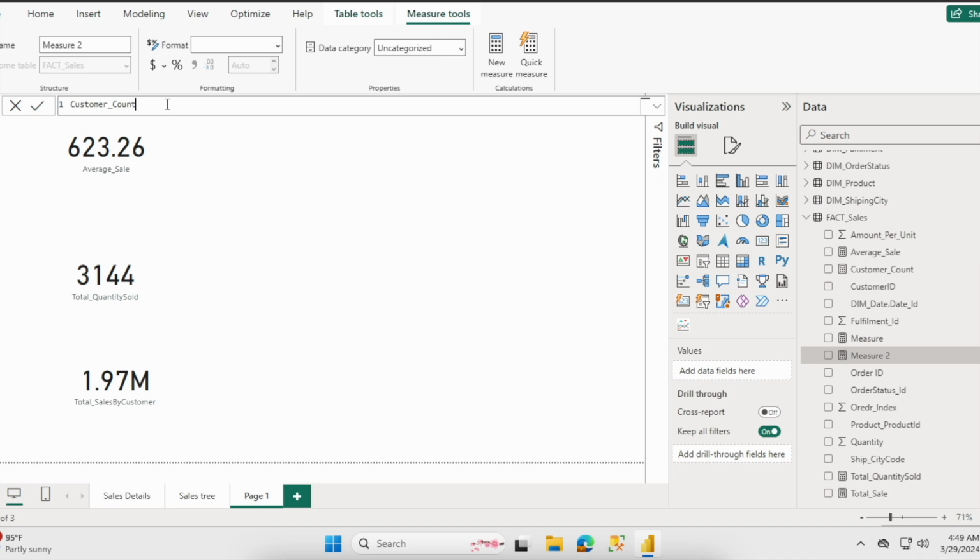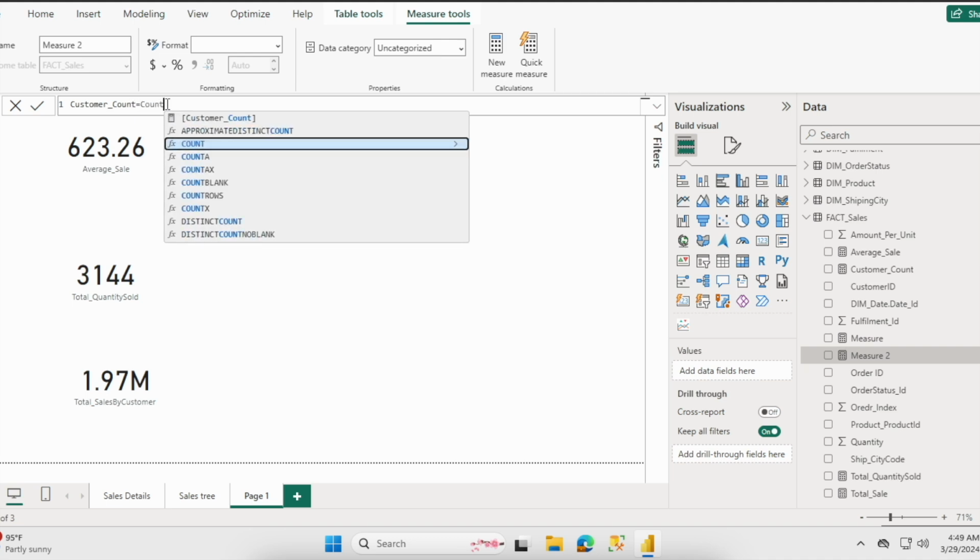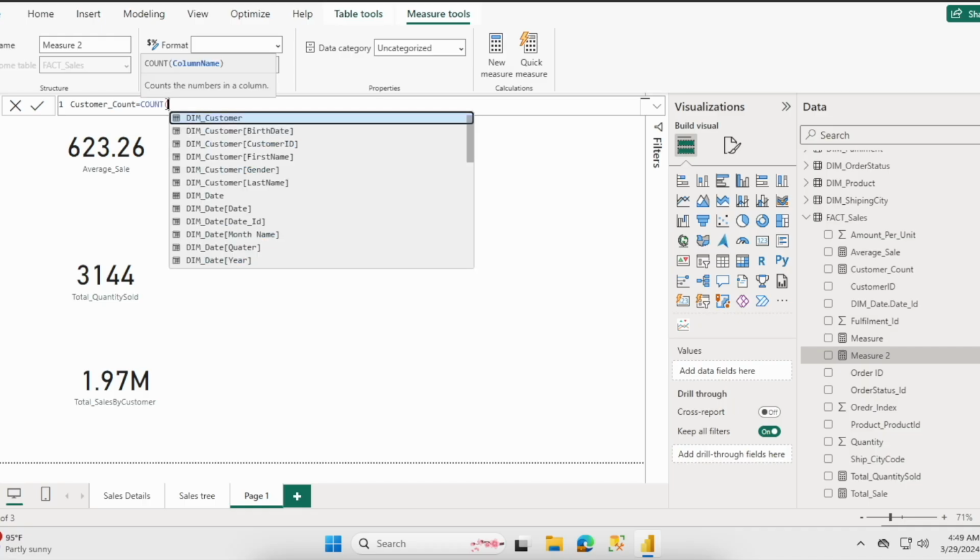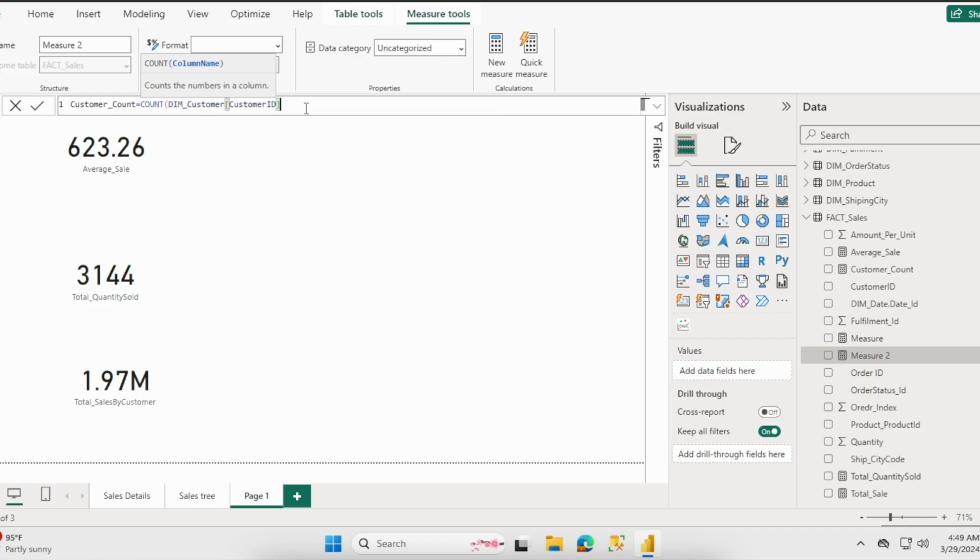Customer count equals, we use COUNT, enter, and this time we are going to use the dim customer table, because in the dim customer table the customer id is there, which we can count to see how many customers there are. Press enter.